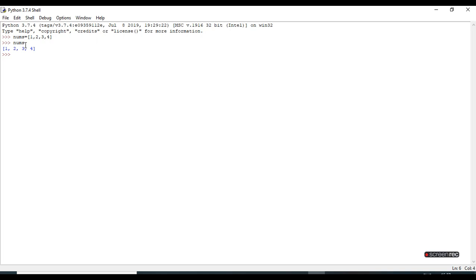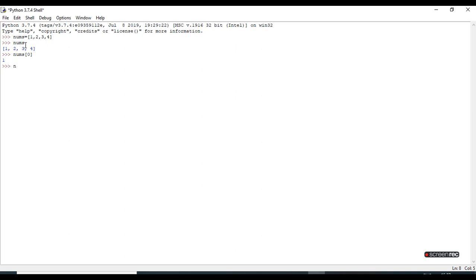So if you want to access nums, means this list, then you have to write nums of 0. With nums of 0 you can access the first element, means 0th index element, it will give 1. So what is the index? Index is a specified position inside the list or any array, strings, anything. Means it gives a position at which the value is stored. So if you want to access the first, 0th position element, then nums of 0, it will give 1.